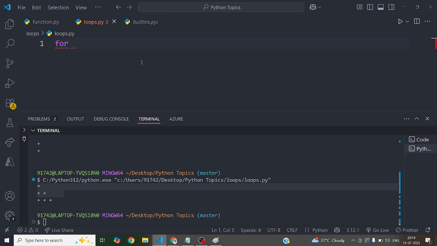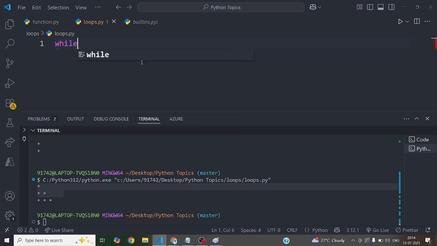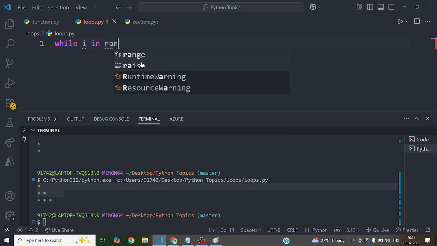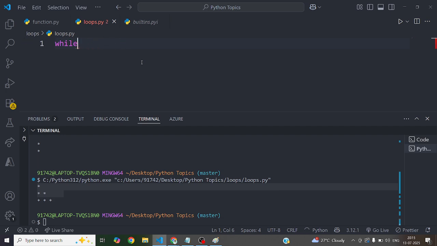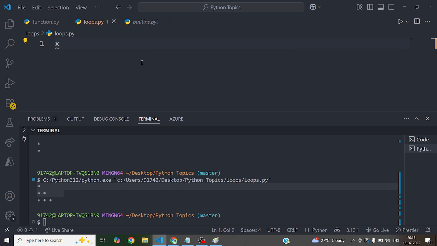Like for, there are i, in, range, like that. Okay, but in while loop, there is not i, in, range, like that. Here you have to define a variable with an initial value, x equals to 1.